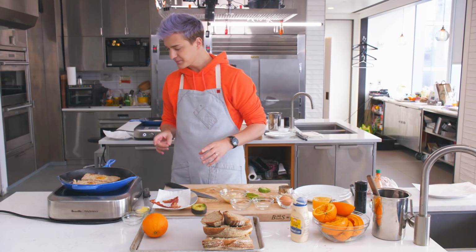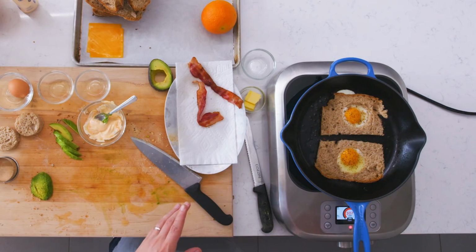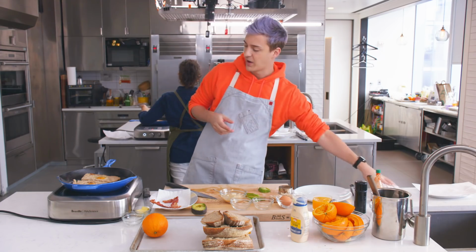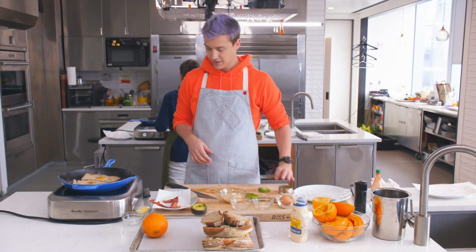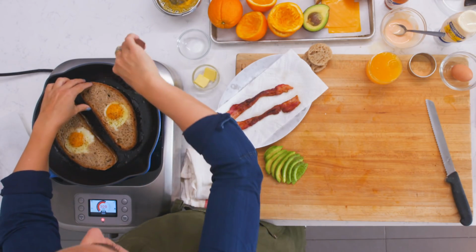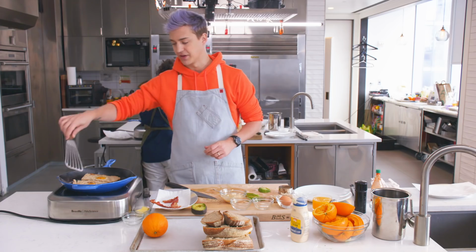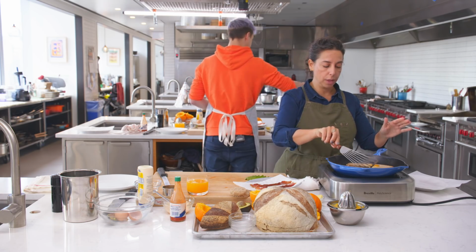Visual check on this egg. Okay. Are things different? The one that leaked out a little bit looks like there's a little bit of translucent left, and then the other one is still pretty translucent. Does it look like maybe it's white underneath? It does look like it might be a little white underneath. Okay. With that thin slotted metal spatula, just go in gently from one side and make sure that it's not totally stuck. So make sure the edges... It's definitely not stuck. Okay, great. If you feel like both pieces of bread are freely moving in the pan,